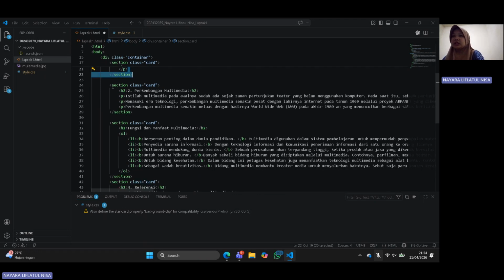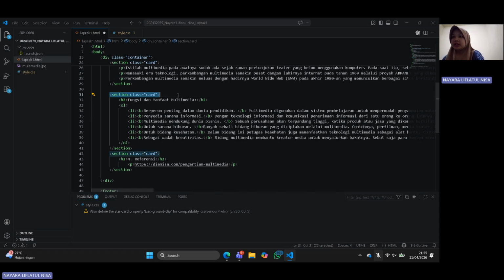The second section explains the development of multimedia from the past until modern technology. It includes historical events such as the invention of printing, the development of the internet, and modern digital media.